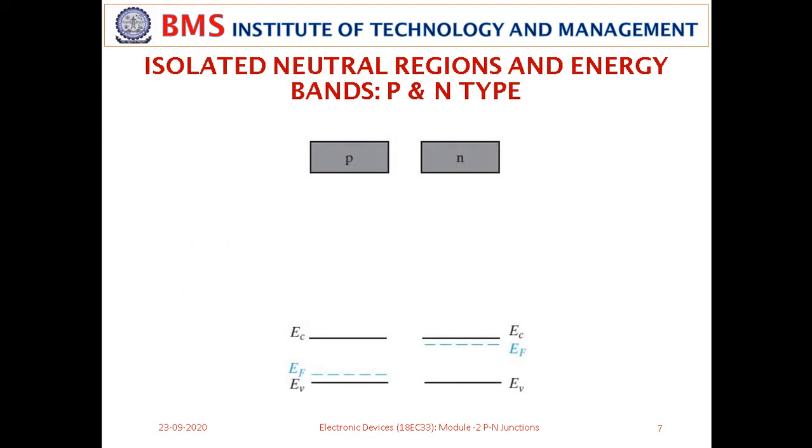Now let us see the same thing with the energy band diagram. Look at this. Here you are seeing P type semiconductor material and N type semiconductor material, isolated, and below that you are seeing the energy diagram. EV indicates the valence band energy level. We are showing the top energy level of the valence band, the conduction band energy level EC, and you can see there is a Fermi level here. Can anybody tell me what we mean by Fermi level?